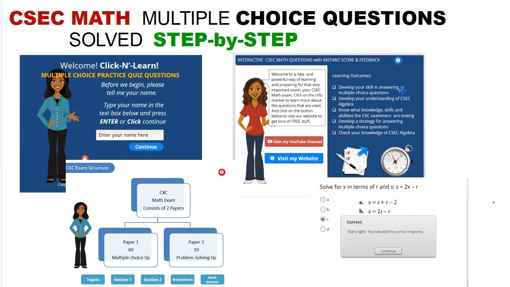Likewise, in the interactive application, the quizzes are timed, and at the end of the exercise you'll be shown your score, and more importantly you'll get feedback on the questions you answered, so you'll know what you got right and what you got wrong,